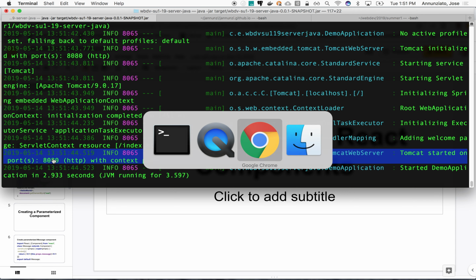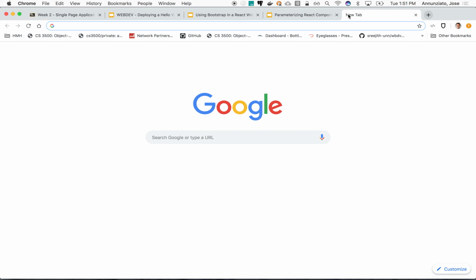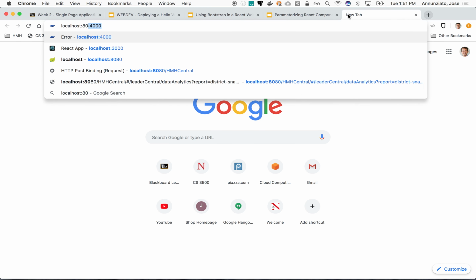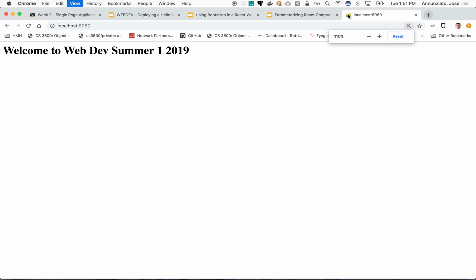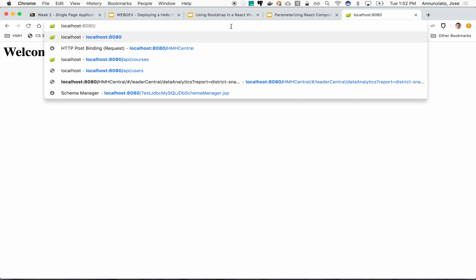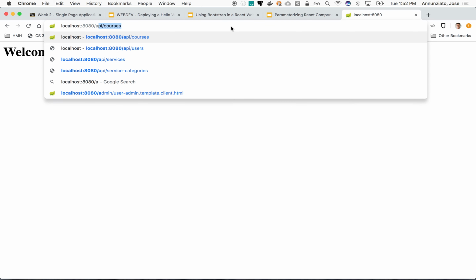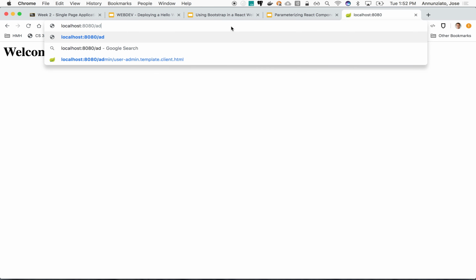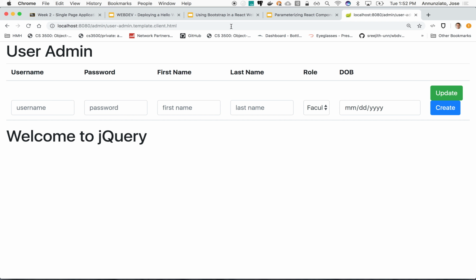So let's hit that server here. Let's see where we were. I think that this was the hello world, and we had created a user admin directory under there. I think, what was it, user, was it admin? I forget. There it is. I think this is it. Yeah, I think this is where we left off, right? That we could